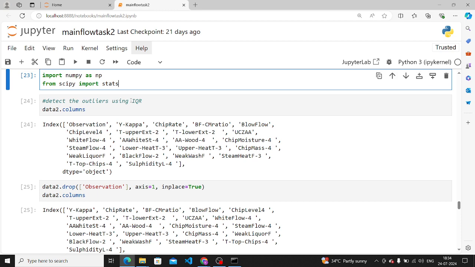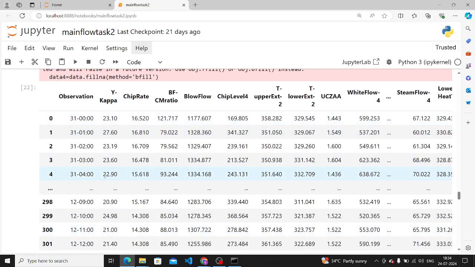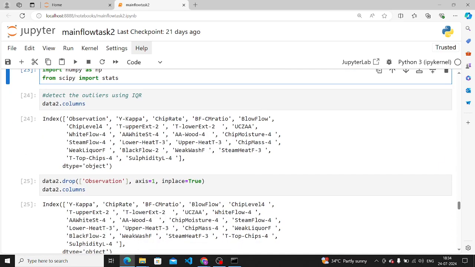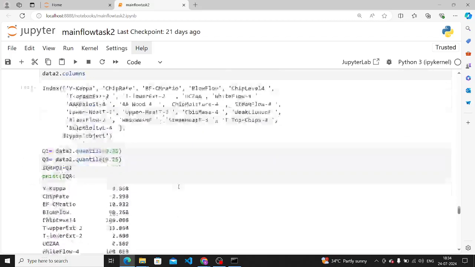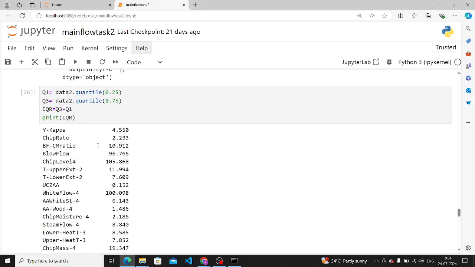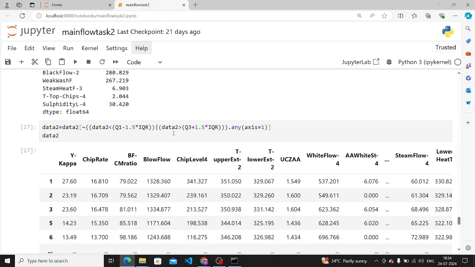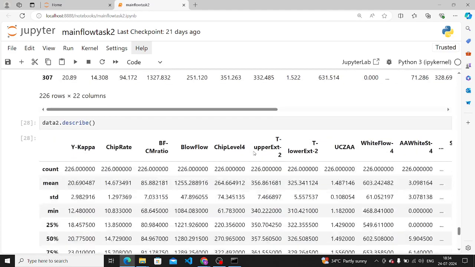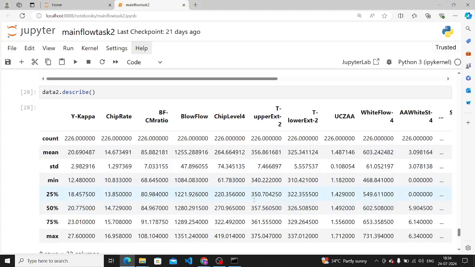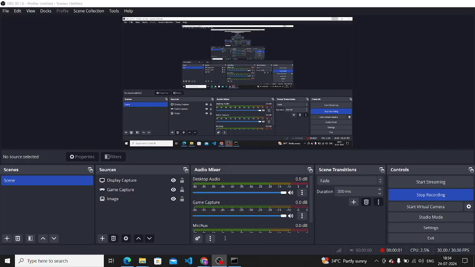Okay, so IQR works only on a numeric data set, but this is your date time, so we have to remove this using this syntax. Then this is your IQR formula, and this is your fixed formula by using the IQR to remove the outlier. Okay, and this is your clean data set descriptive statistics. Okay, so yes, I hope your task 2 is